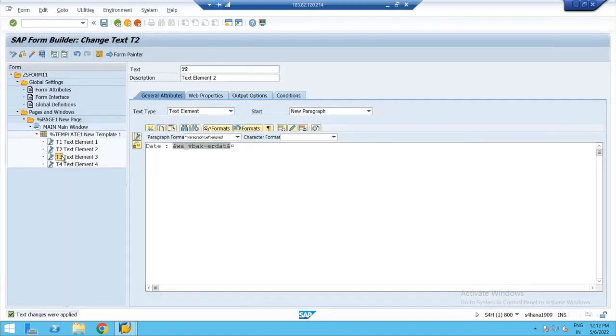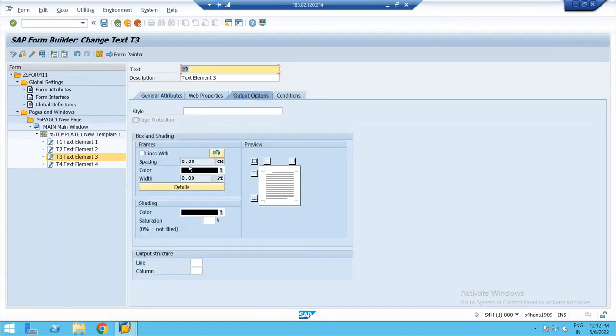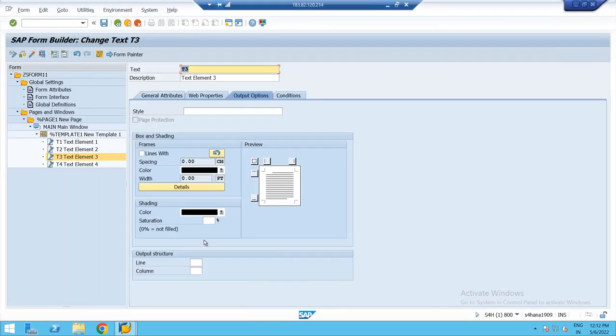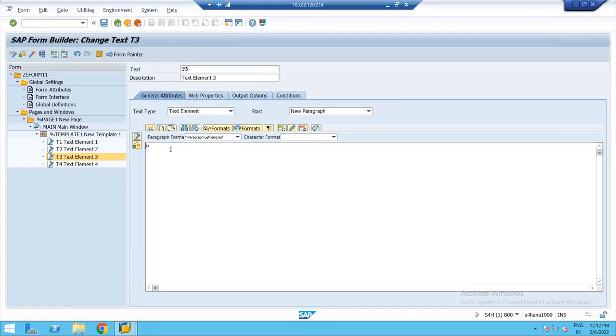Then text element T3 in the output options. This I want in the second row, first column. So in the output options, I'll say line 2, which means second row, first column. Again, in the general attributes, I can go to editor and do it, or else I want to display time. So here only I'll say time. What is the work area field? Ampersand W_VBAK-